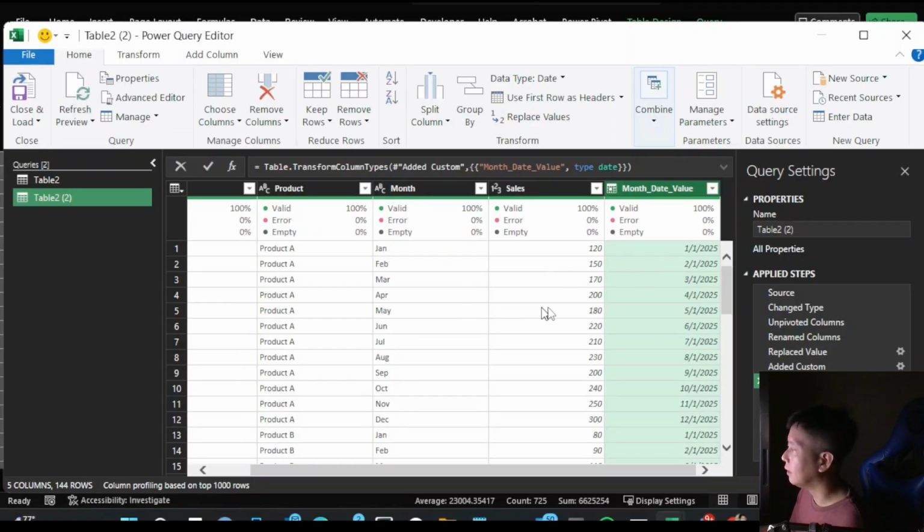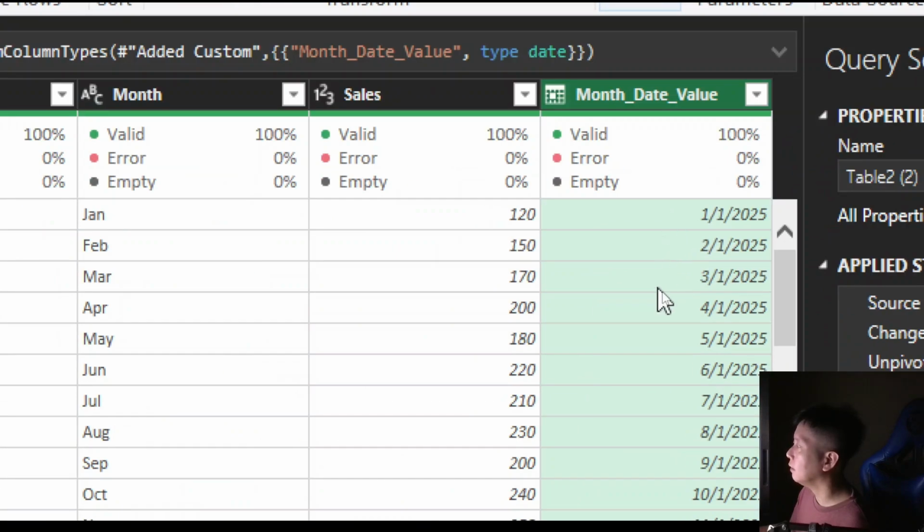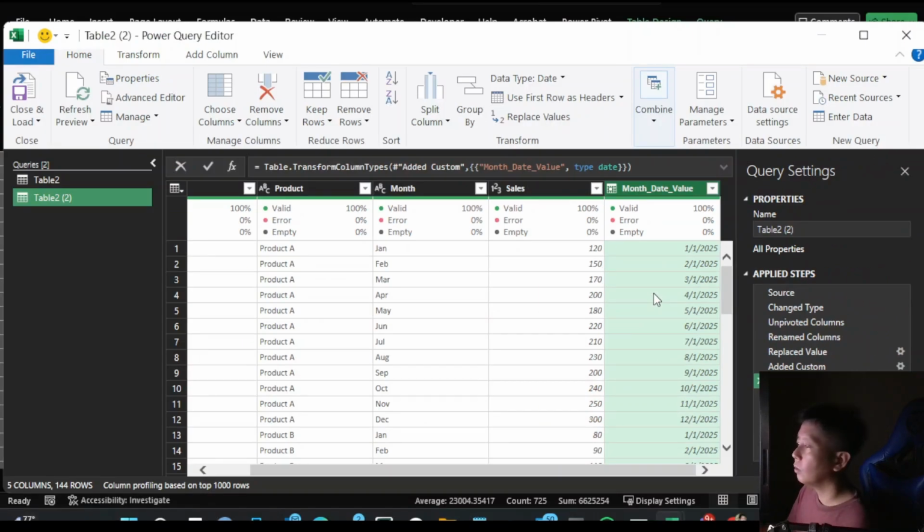You have finally converted your month that was in string format or character format into a date value. Now we are ready to go ahead and close and load. Oh, and before that, I'd like to show you one thing. If you ever have a date column and would like to parse the month name from it, you could do this. Highlight this column,